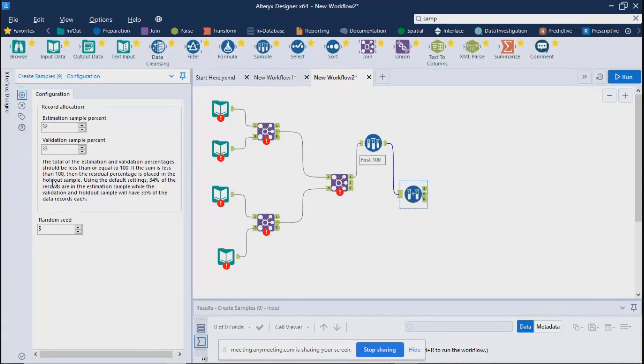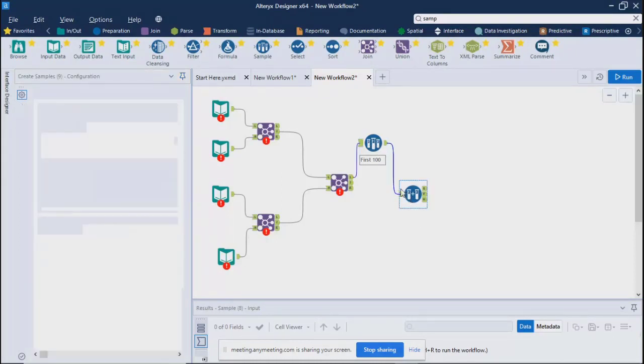Hold out sample means that is not used anywhere, correct? It is used only for sampling, only for sampling. In case you want to move the complete data, neither this nor this, none of these will be used.